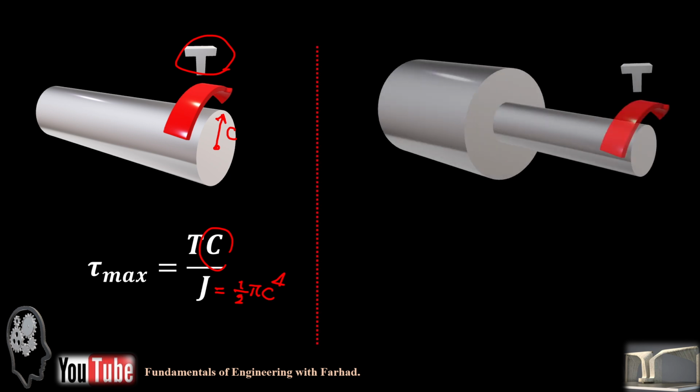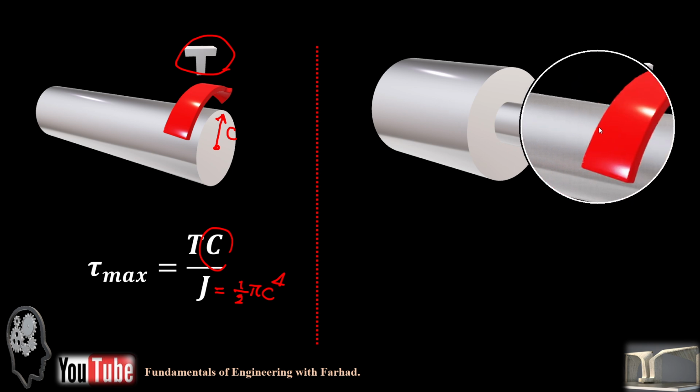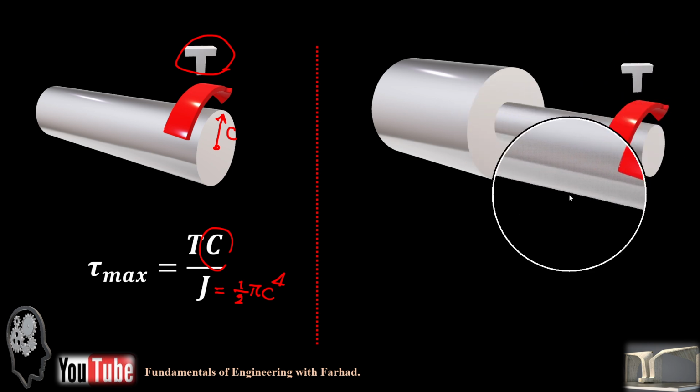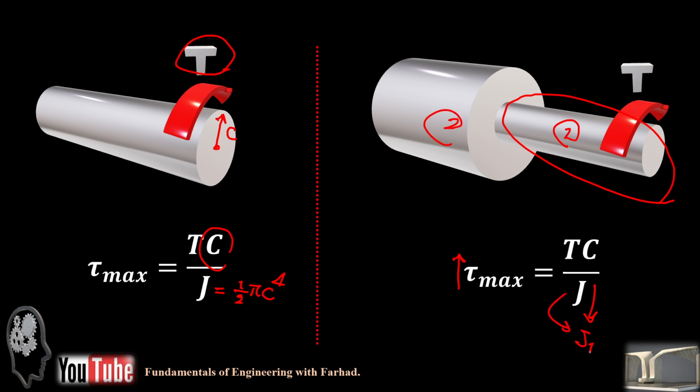And if we have a combined shaft and the same torsional torque applied at the free end, you can again use the same equation, but be careful, tau maximum this time applies on the smaller portion because the J is smaller in this section. Like if we call it section 1, section 2, we need to use J1 in order to get the maximum